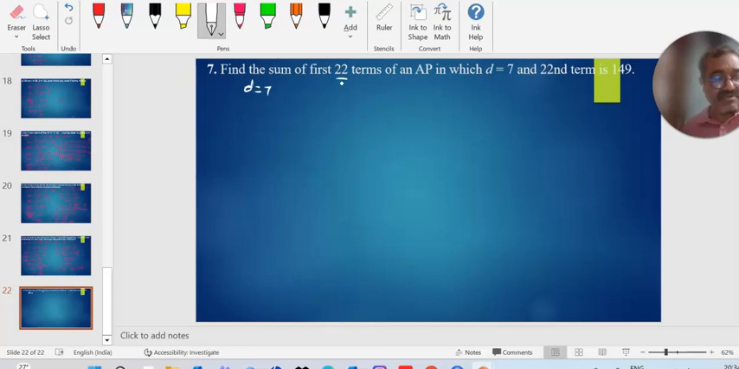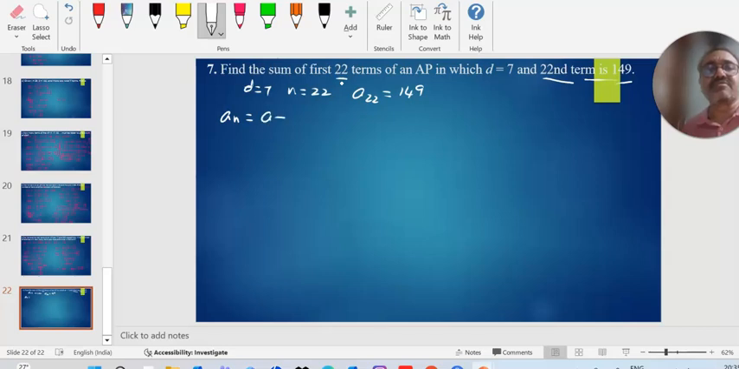Now N is equal to 22 and the 22nd term is 149. So A22 is equal to 149. Now we know that